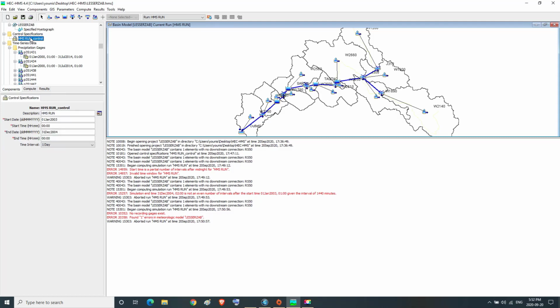Then we return to the control specifications, then HMS run control, and we specify the time simulation. Then we press on the compute all elements.